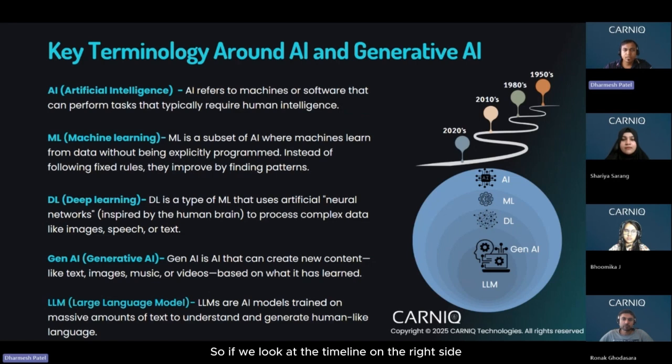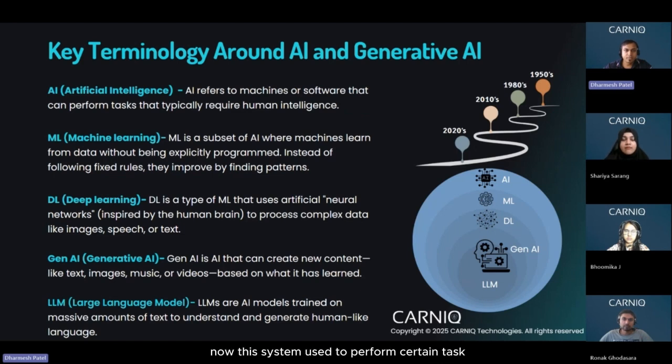So, if we look at the timeline on the right side, you can see it here. Around the 1950s time frame, AI was already started, and in those days it was very premature, so most had not even heard about it. It was basically a research project, and in those days people used programming languages like Lisp and Prolog, etc. This kind of thing later became known as expert systems.